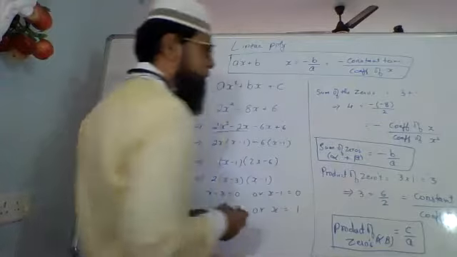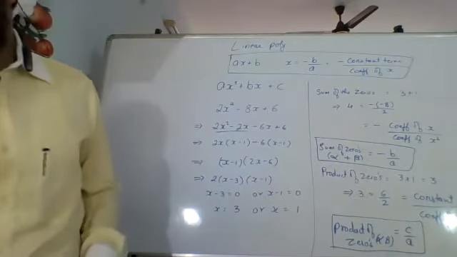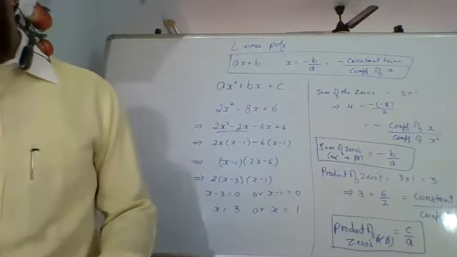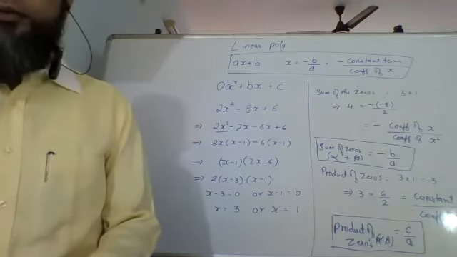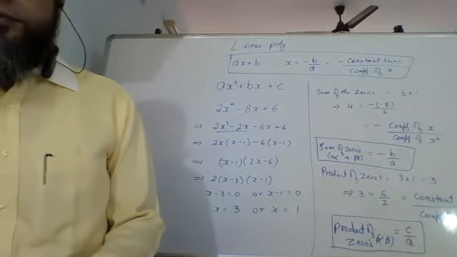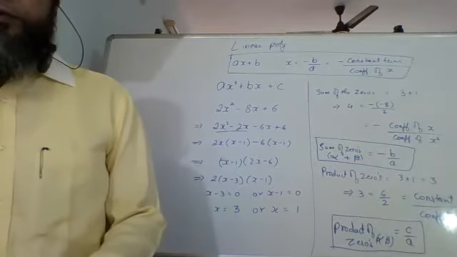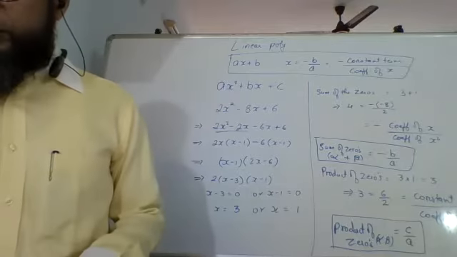So alpha plus beta equals minus b upon a. That is, the sum of the zeros is minus b upon a, and the product of the zeros, alpha into beta, is c upon a. Are we clear? In case of cubic, we are going to use gamma. That also we will see. Till here, are we clear? Can we proceed further?